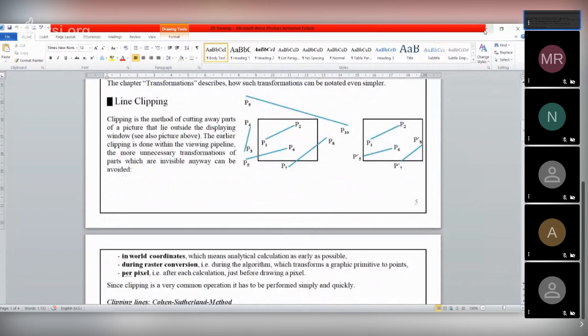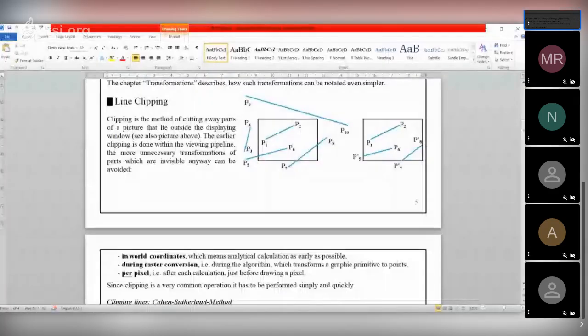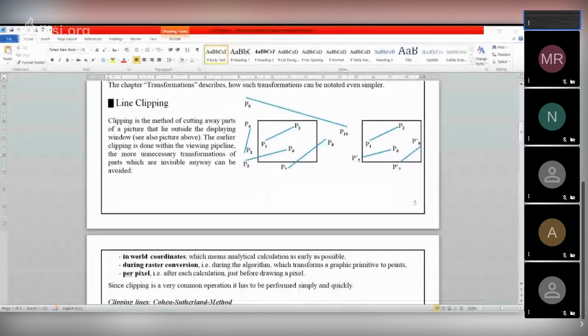Suppose we have a number of lines. First one is called the line clipping algorithm. Line clipping algorithm means we should consider only those lines that are inside our viewport.